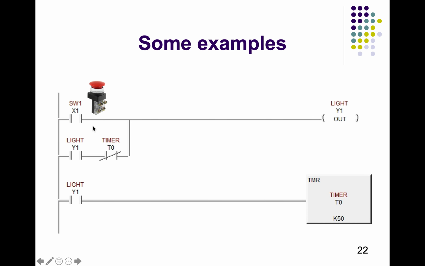Whenever we press switch X1, it is going to turn on the light, and this light is latched to itself with the timer as the turn off condition. So whenever this timer gets active, this will be unlatched. Then we are using this light to turn on the timer. So when our light is on, this timer starts to count 5 seconds. Once 5 seconds is reached, this timer will get active and this will negate this condition and it will turn off the power to the light. And that means our timer is also going to be turned off after that.